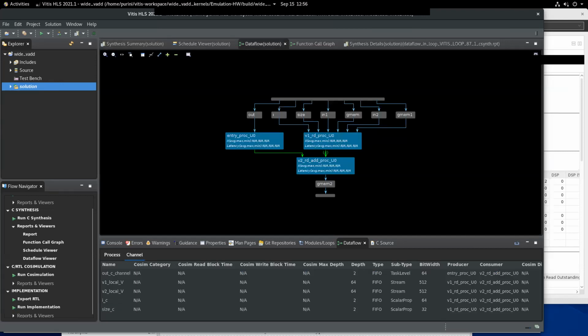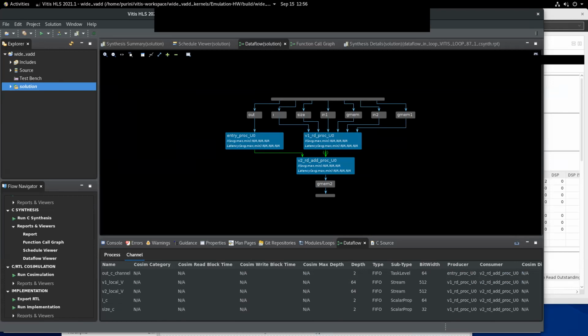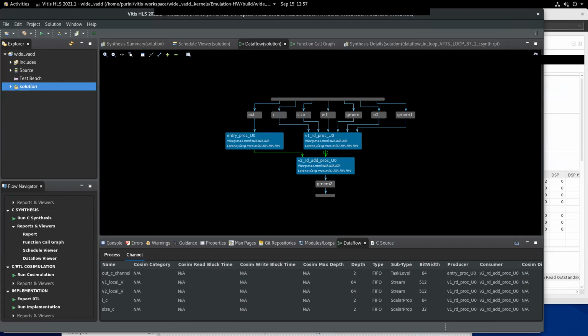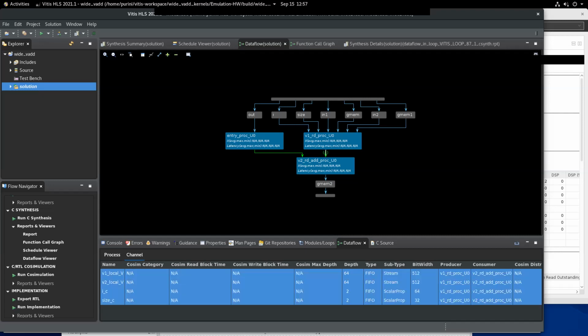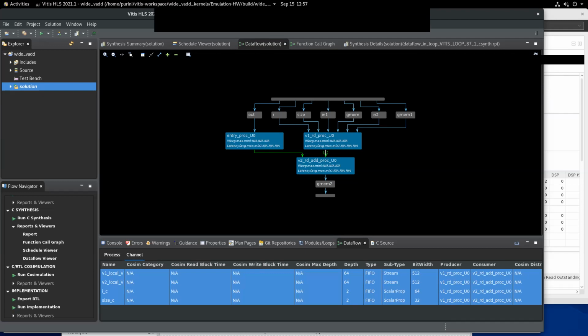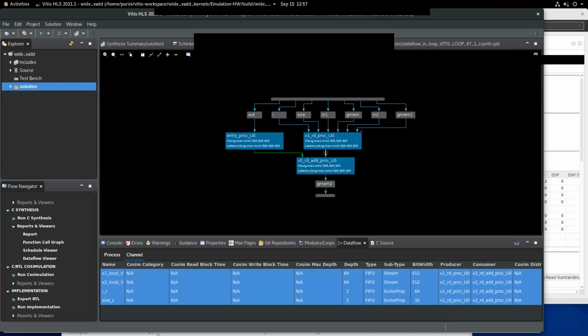If you look at this dataflow viewer, what is happening is that as data is produced, this module and this module are connected by a set of FIFO buffers. This module corresponds to the first loop, and this module corresponds to the second loop.